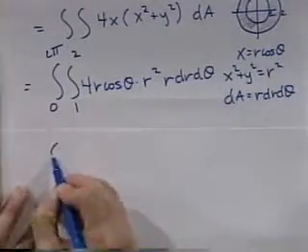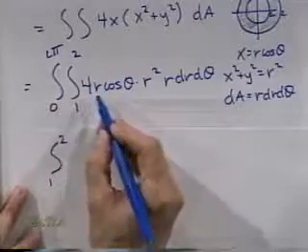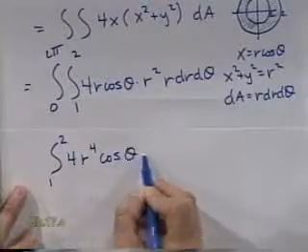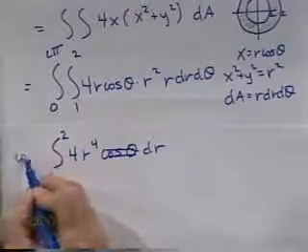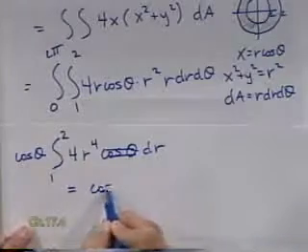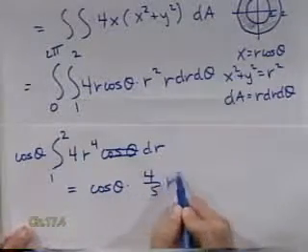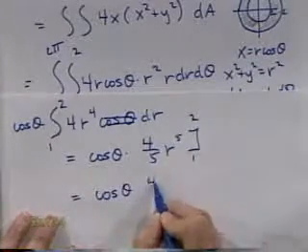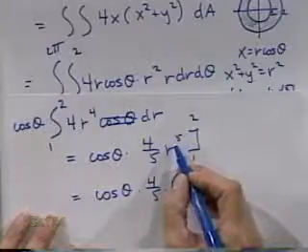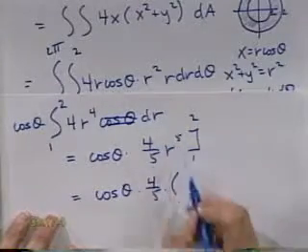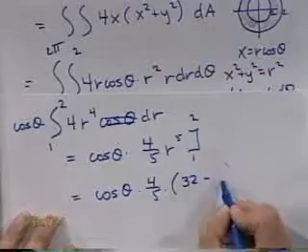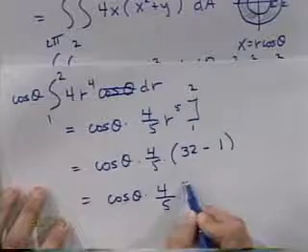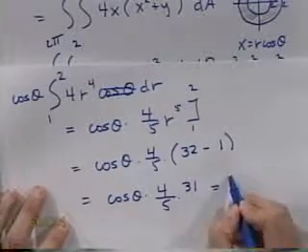All right, so cleaning this up a little bit, we have the inner integral from 1 to 2 of 4r times r squared, 4r to the 4th, cosine theta dr. Just bring the cosine theta out front, and that gives us cosine theta times 4/5 r to the 5th. And we're going from 1 to 2, which is cosine theta 4/5 times 2 to the 5th is 32 minus 1. So it looks like I have cosine theta times 4/5 times 31, which is 124/5